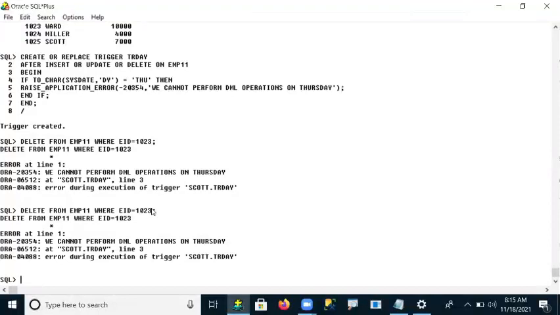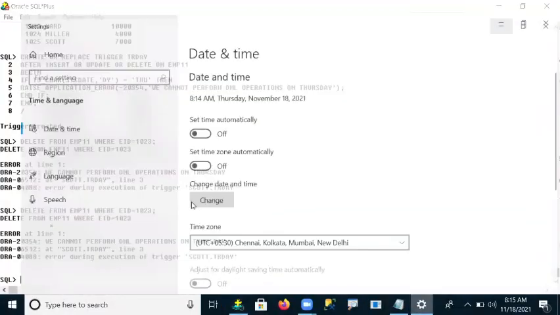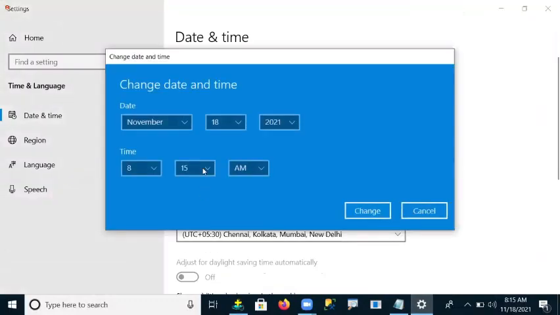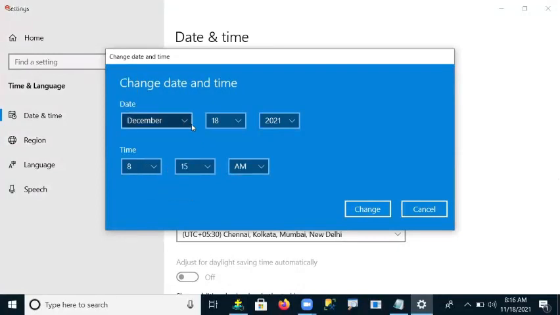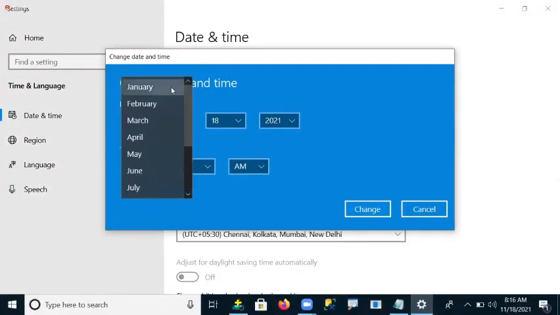Right. So we checked past tense, present tense, and the next one is future tense. Suppose I'm going to check in future tense. For the future, suppose December, otherwise I will go to January.